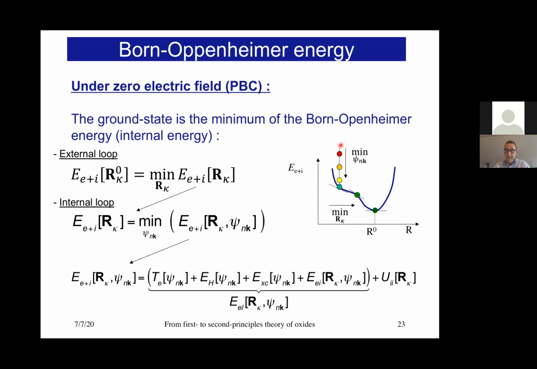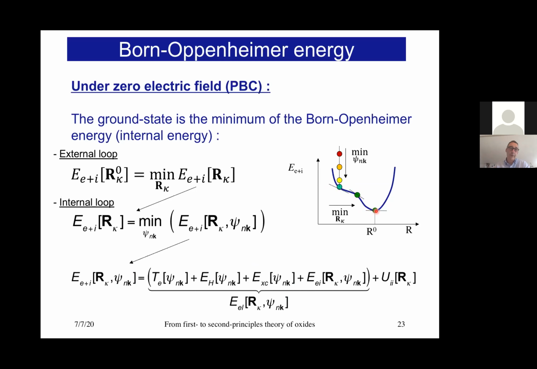And so you will minimize over the different wave functions in order to get what is the Born-Oppenheimer energy at this geometry. And then from this, thanks to the Hellmann-Feynman theorem I will mention later, you can identify what are the forces acting on the atoms at this level, and you will be able to move the atoms and step by step reach the minimum